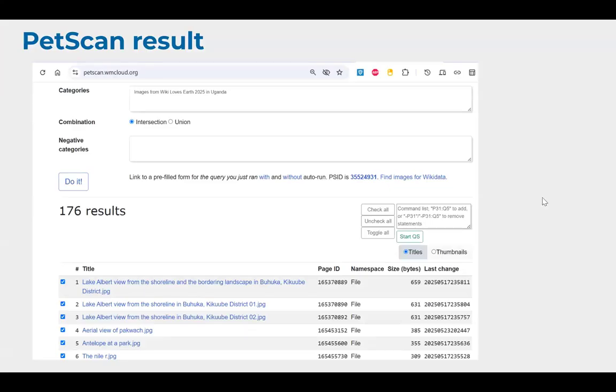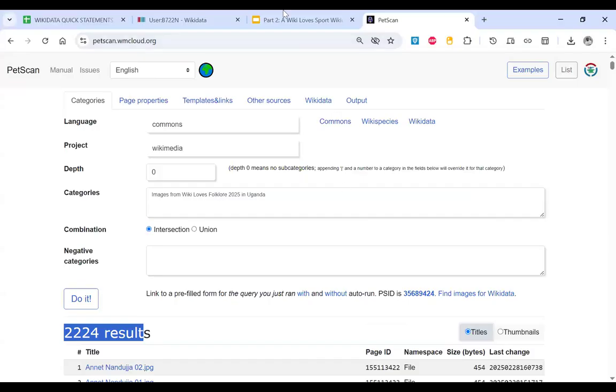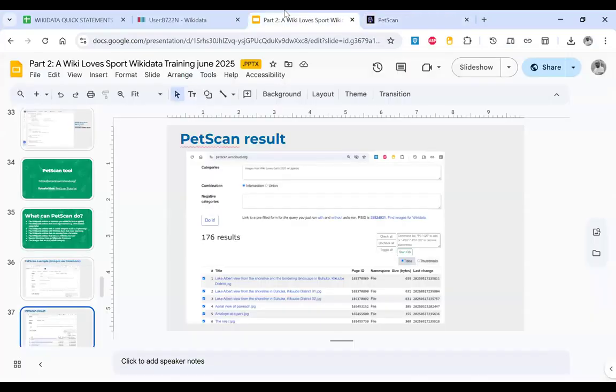There is also this interesting bit here. Say after making a query, let me use this example. After making a query,